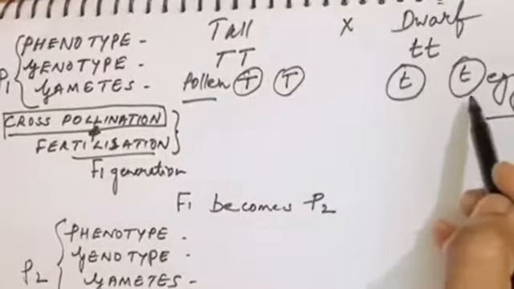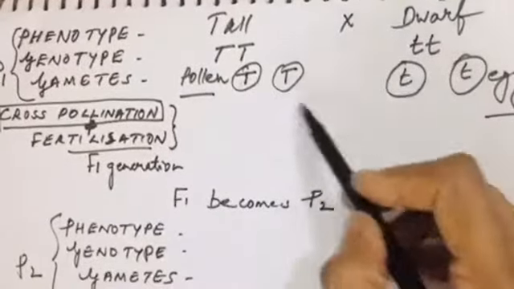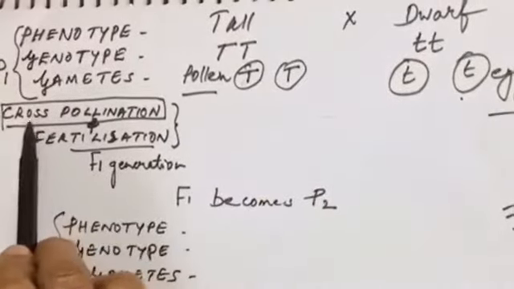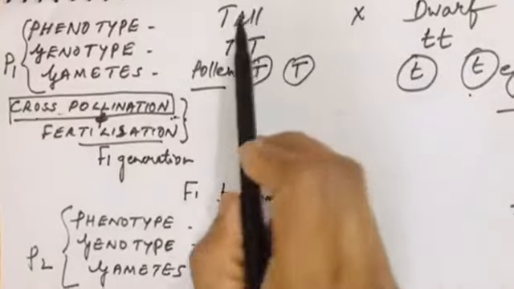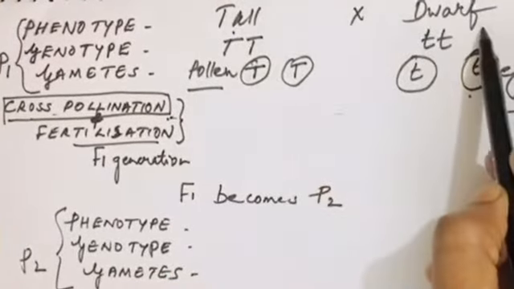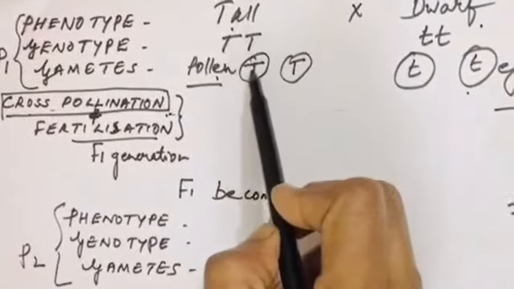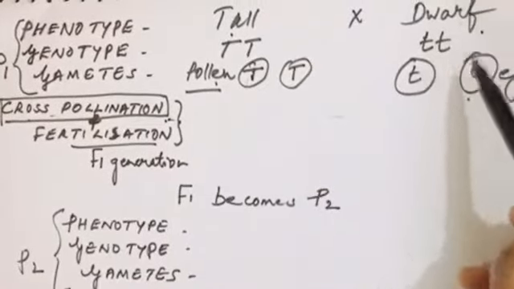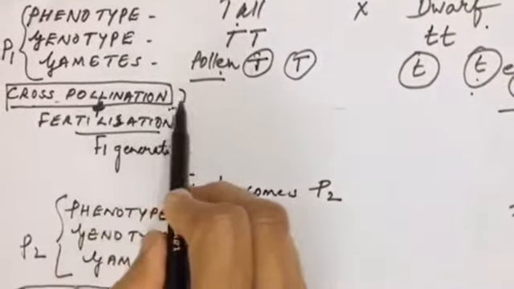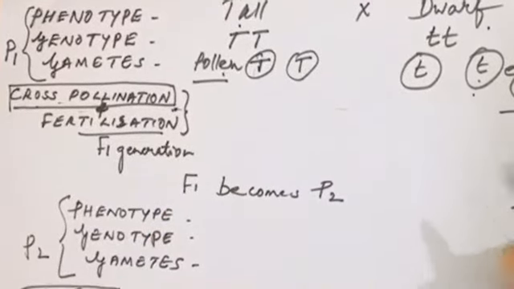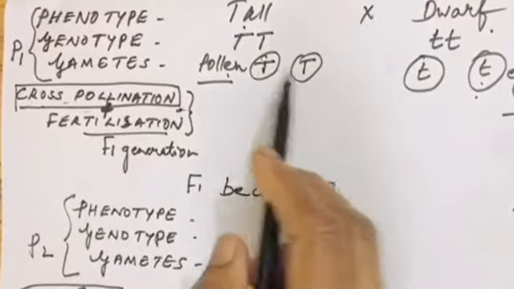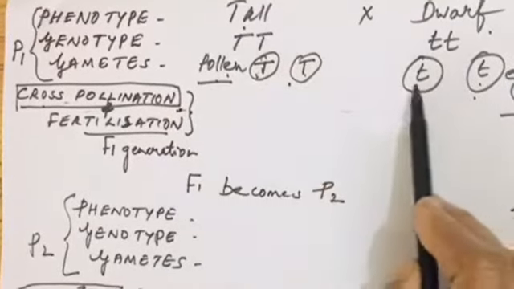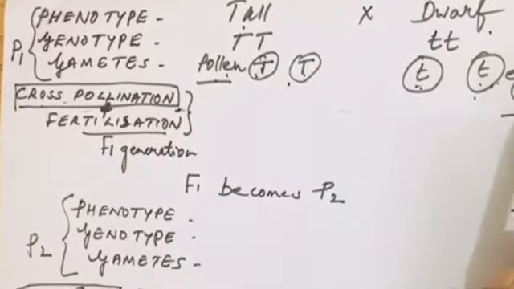Now let's see what might have happened at the time of fertilization. How to represent it? I told you, cross pollination Mendel did among the tall pea plants and the dwarf pea plants. That is the pollen from the tall pea plant versus the dwarf pea plant's egg. It means cross pollination, isn't it? So after cross pollination, fertilization took place, and we have discussed the post fertilization changes also. Now come back to this portion. This is how the factors of the pollen, and this is how the factors are shown in the egg, isn't it?